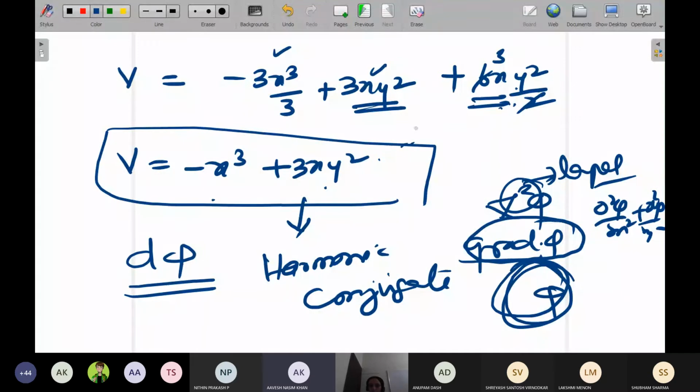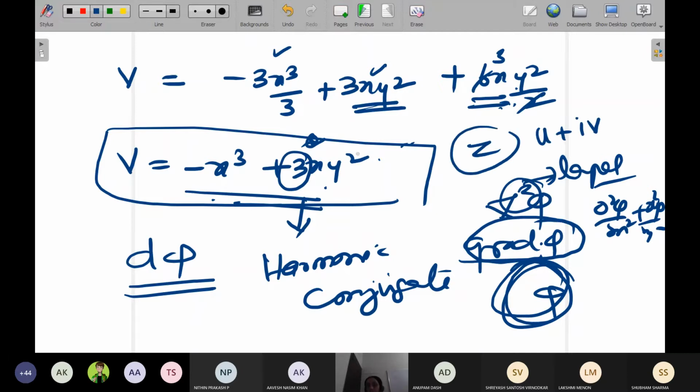Ma'am, will the constant get changed? The constant is getting changed, not necessary. When you're writing the function, write it once. Even if you write 6, there is no harm. But why I'm asking you to write it properly is because suppose they ask you to find the analytic function f of z. It will be of the form u plus iv. So once you write this 6, there will be a quantity 3 multiplied, which will give you that increment in the answer, which is not correct. So that's why.